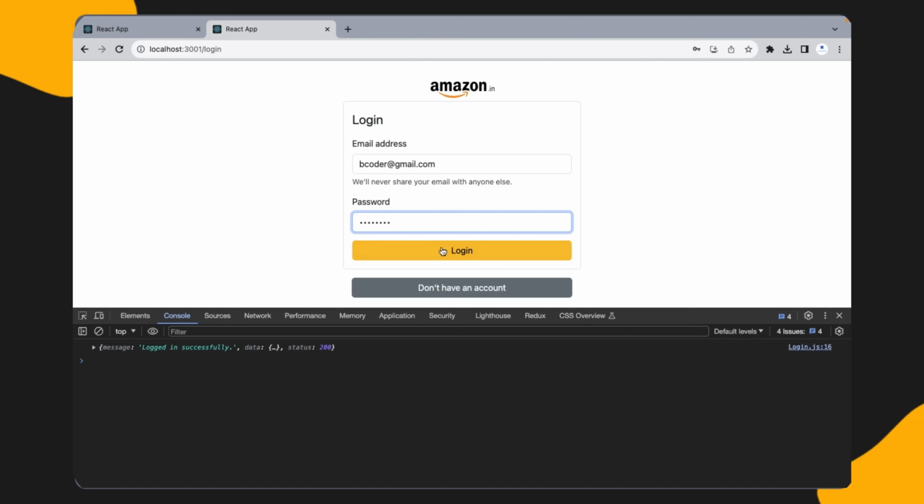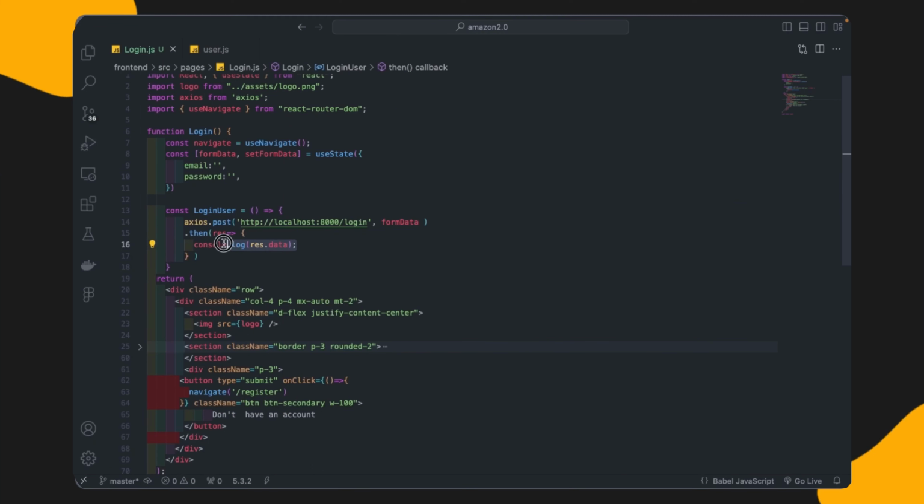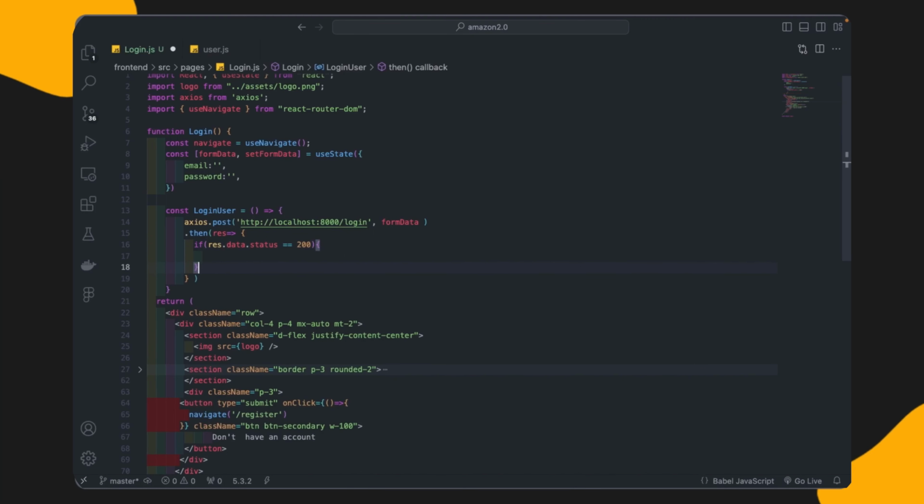And if I provide the wrong password, then incorrect password is the message coming, but now the status 401 is coming. So here in the front end we need this status code. I will copy this, remove the console, and check if response.data.status is equal to 200, then we will do something else.